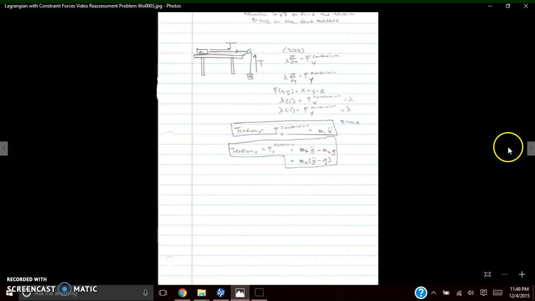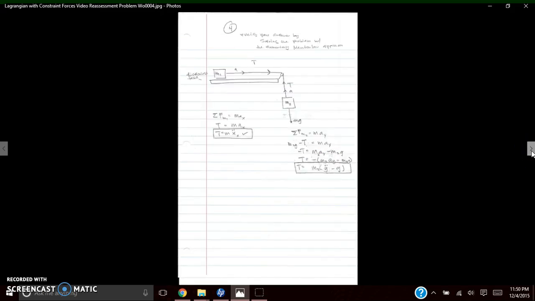So the last thing that the problem asks us to do is use a basic Newtonian approach to prove that our answer checks out. All that was a much more difficult way to solve this problem, considering there's a much easier way using basic Newtonian mechanics. But we wanted to do it with the Lagrangian approach. So just to show that that checks out, for mass 1,